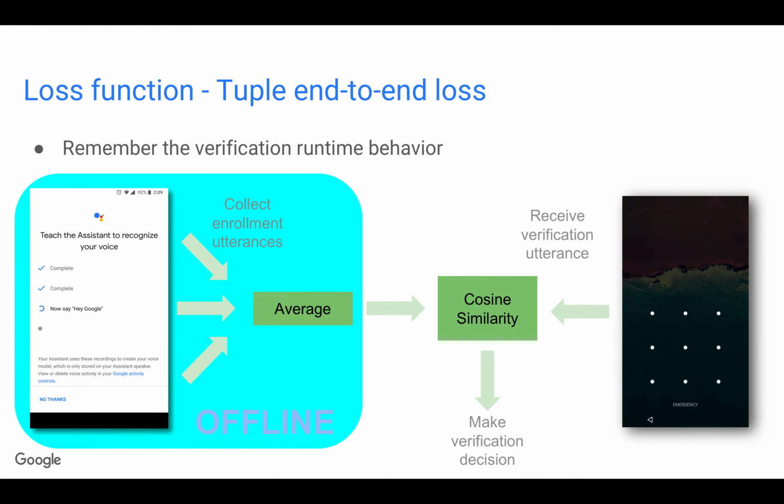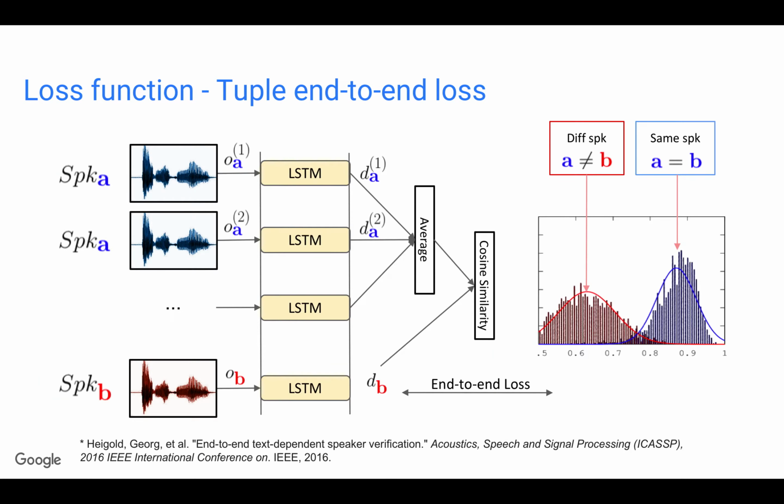So what do I mean by runtime behavior? Remember that we collect multiple enrollment utterances from the user, and we average the embeddings of the four enrollment utterances as an offline process. But the triplet loss didn't model this averaging process, so it's not end-to-end. In 2016,